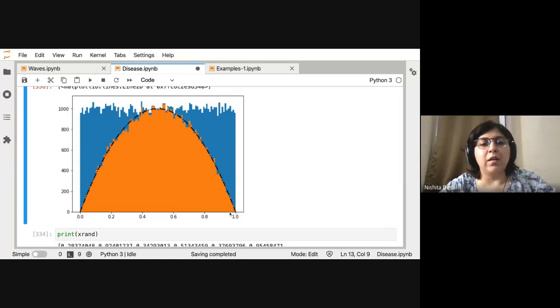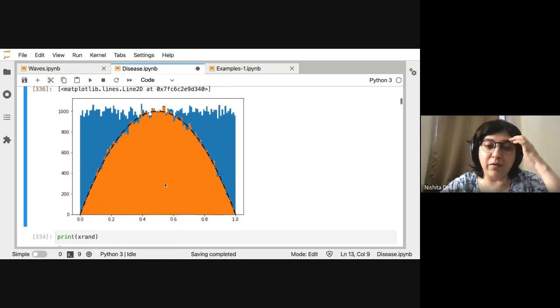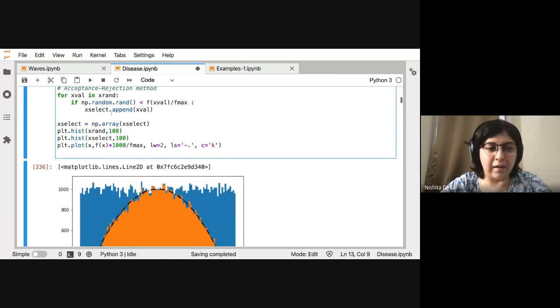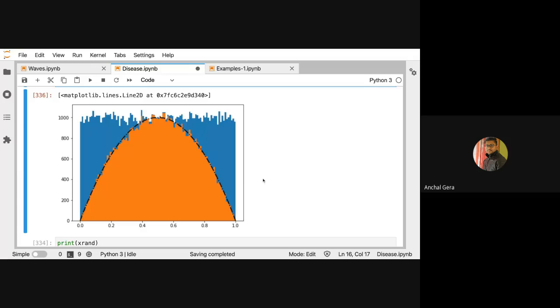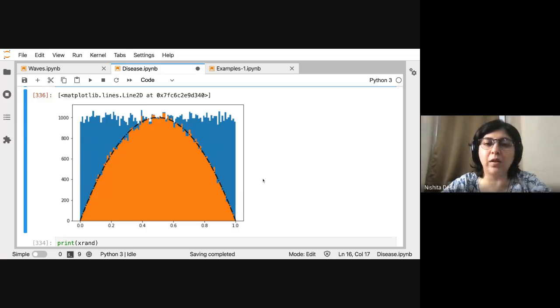That is essentially what we've done now. If you look at this X select array, then by plotting how many of each kind we have, the X select array has a large probability of getting numbers near 0.5 and a small probability of getting numbers near 0 or near 1. So that's all this plot shows.